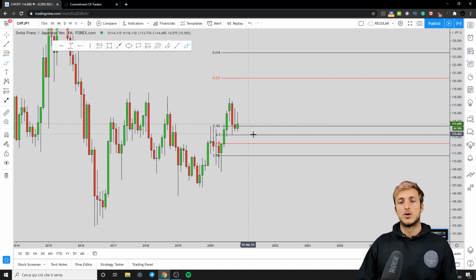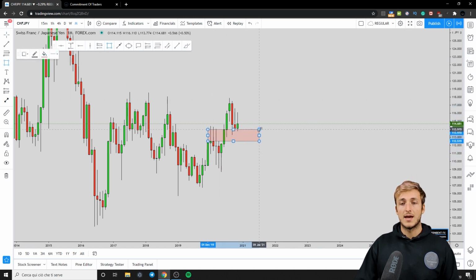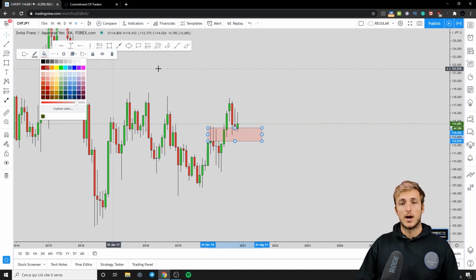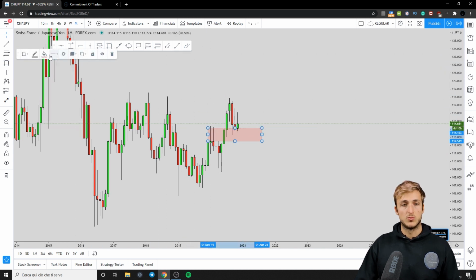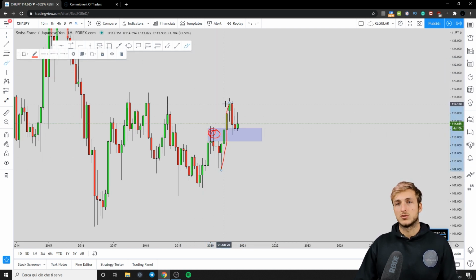Now, if we look at the horizontal structure of the market, what we can see is that we have previous resistance, which is now turned support here. Now, why is the previous resistance turned support? Because as you know, in the market, if a resistance area is broken to the upside, at that point it turns into support. So we have previous monthly resistance now turned support all across this area, which is lining up quite nicely with the Fibonacci tool that we have used just a few seconds ago,